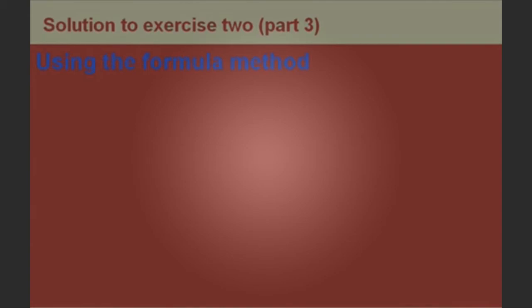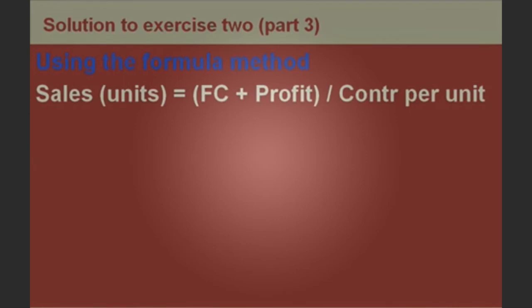If you use the formula method, which formula would you use? It's definitely on the right side because it's not break even, and it's the sales in units or in dollars. They gave you the sales in units. So it's on your formula sheet, the top formula on the right-hand side, which is sales in units is fixed cost plus profit, the whole thing divided by contribution per unit, which is